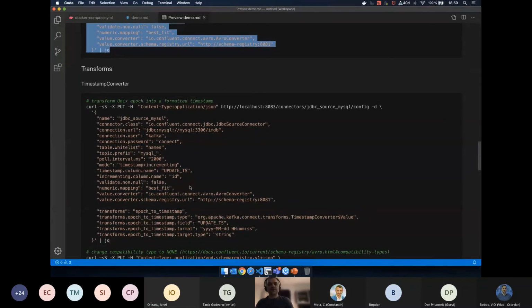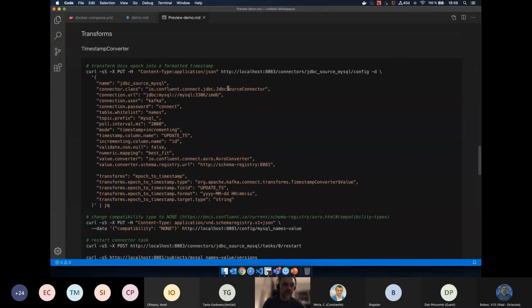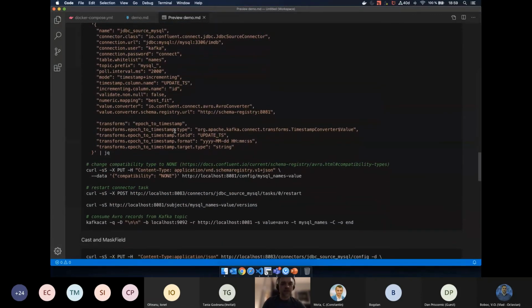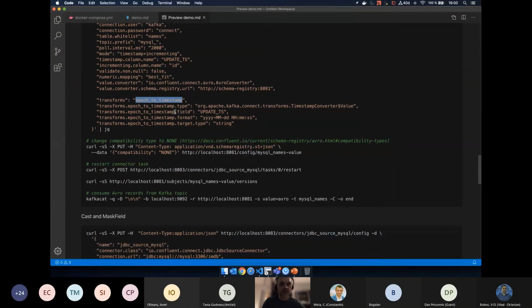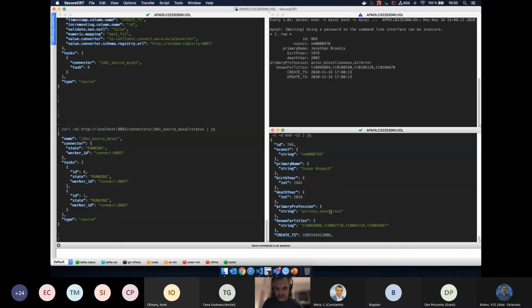Let's move on to transforms. We are using again the JDBC source connector. And all we need to do is to specify our transforms, and this is just a label defined by us. I want to convert the update TS field.